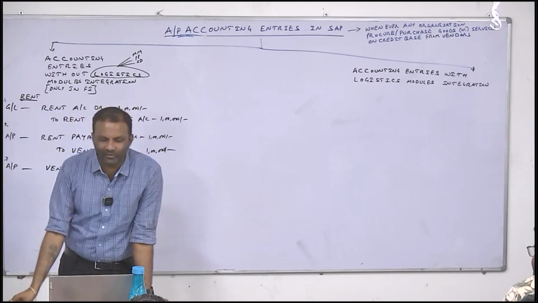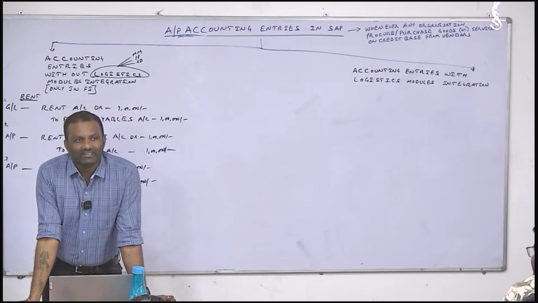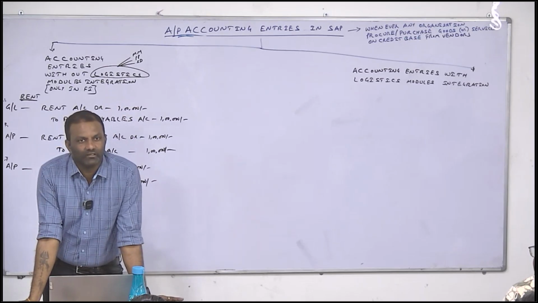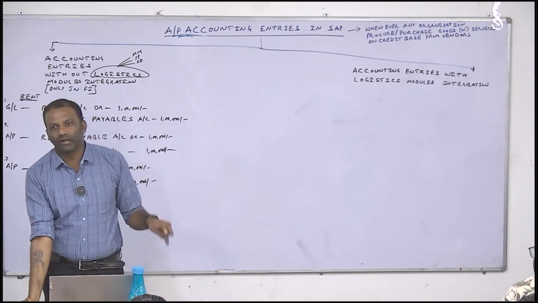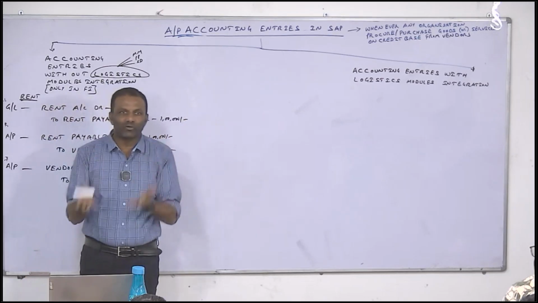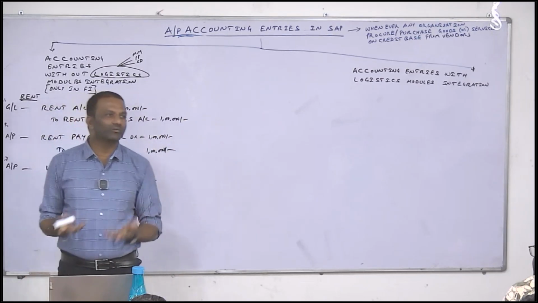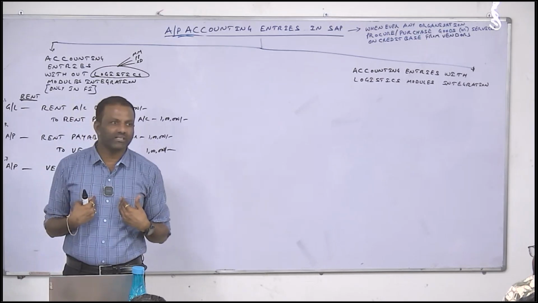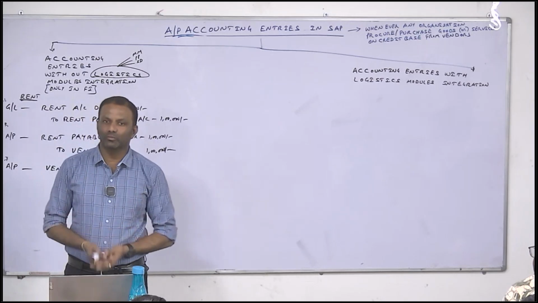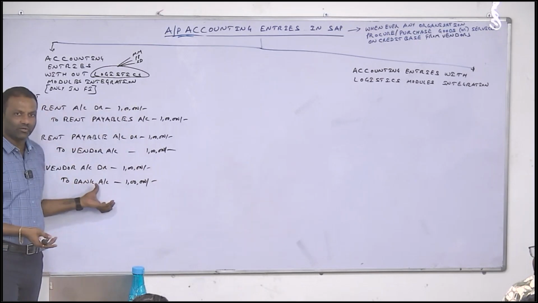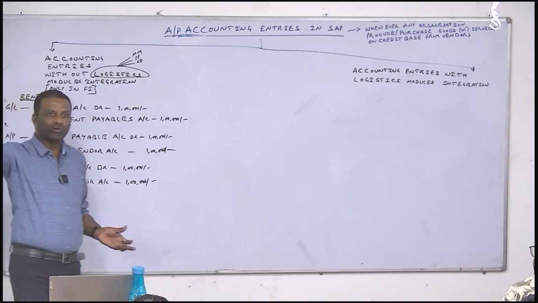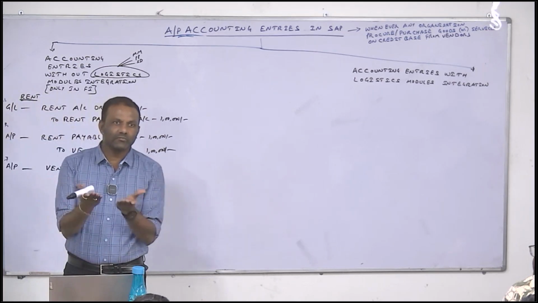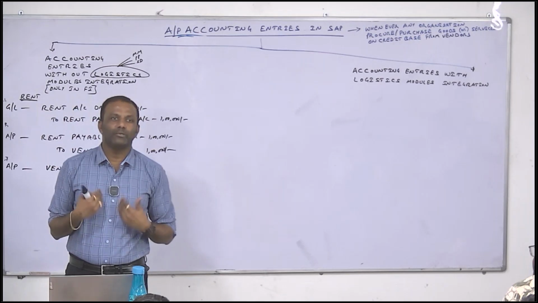So now tell me, what is BRS? BRS is a reconciliation between the bank passbook or statement and your bank GL account in your accounting books. What is SAP? In my point, SAP is our electronic accounting book. Because you are maintaining the bank GL in your accounting book, right or not? And the bank will provide the bank statement. The reconciliation between these two, that is what we call BRS.